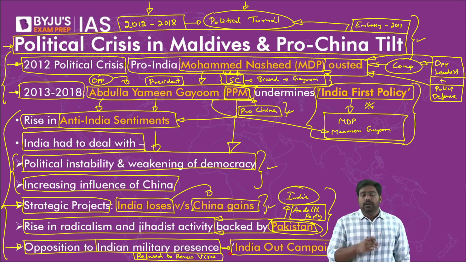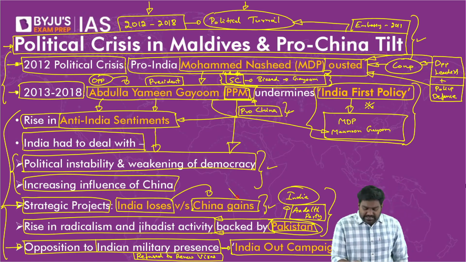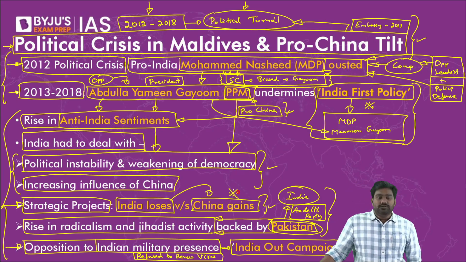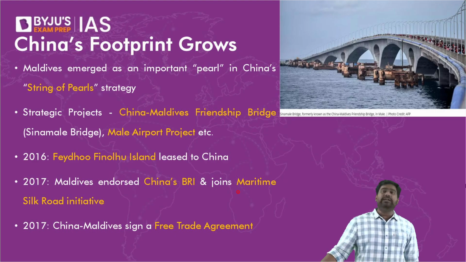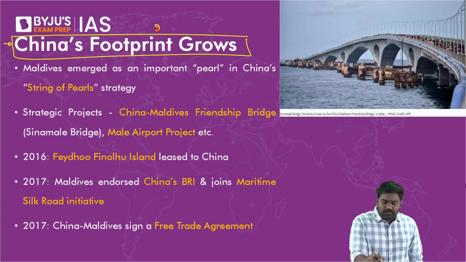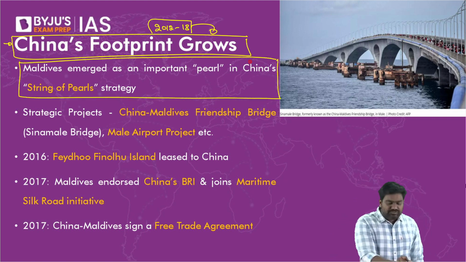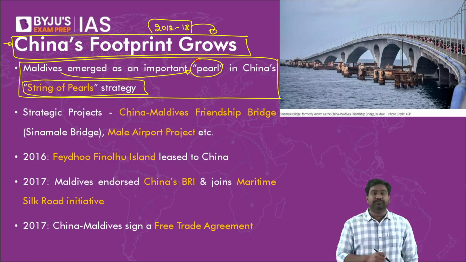Parallelly, he got very close to China, allowed China to play a big role in Maldives and in the region, thereby firmly establishing Chinese influence and presence that became a threat to India. So again, you can see this geopolitical game playing out between India and China. You can see this across the Indo-Pacific. So during this period, China's presence grew rapidly. During these 6 years under Yamin Gayoom, China apparently expanded its string of pearls strategy, as Maldives was seen as an important link in the string of pearls.